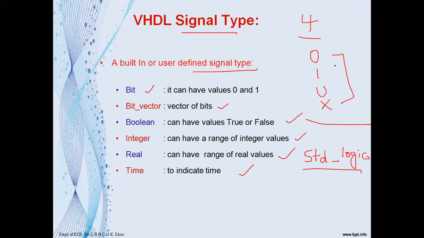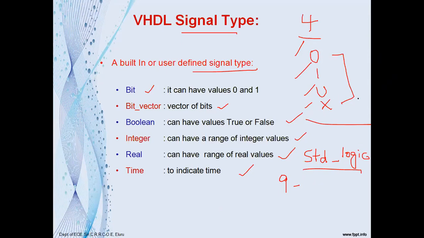But if you use the standard logic package in your VHDL code, this package will allow the user to use 9 different signal types. So you catch this point. Basically VHDL has only 4 signal types: 0, 1, U and X,